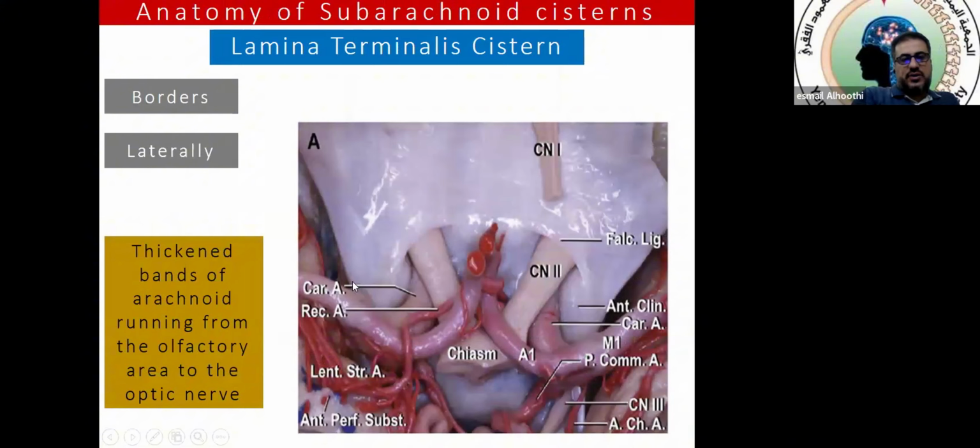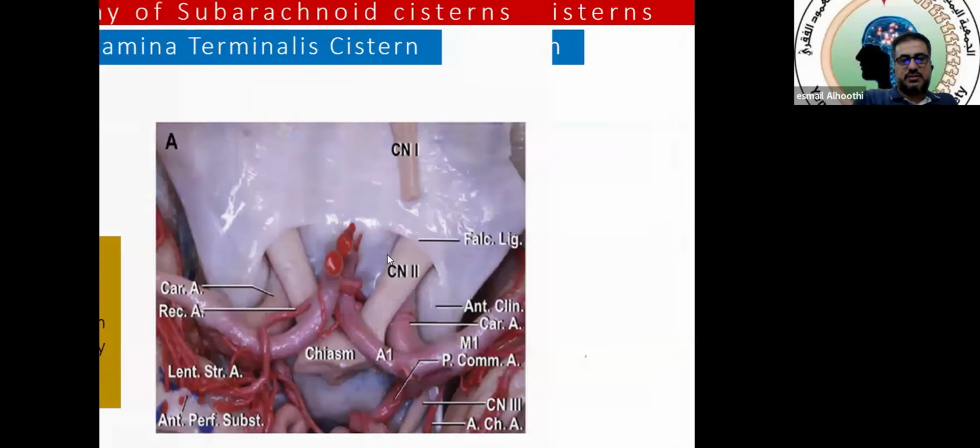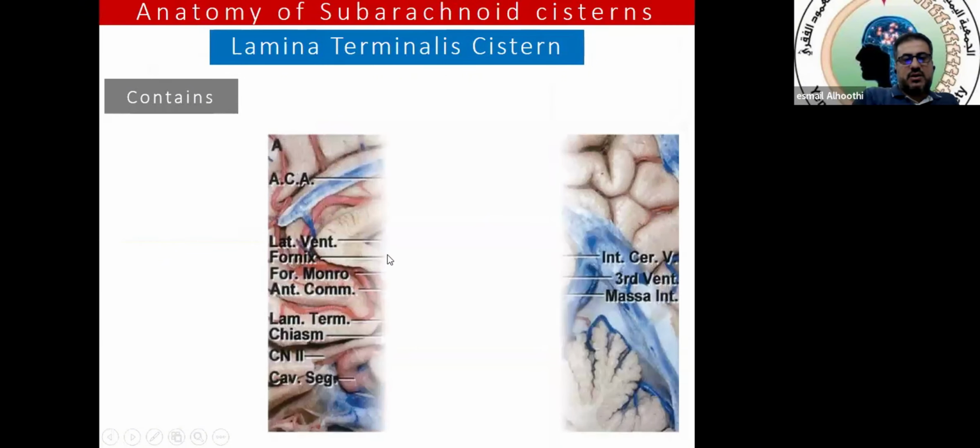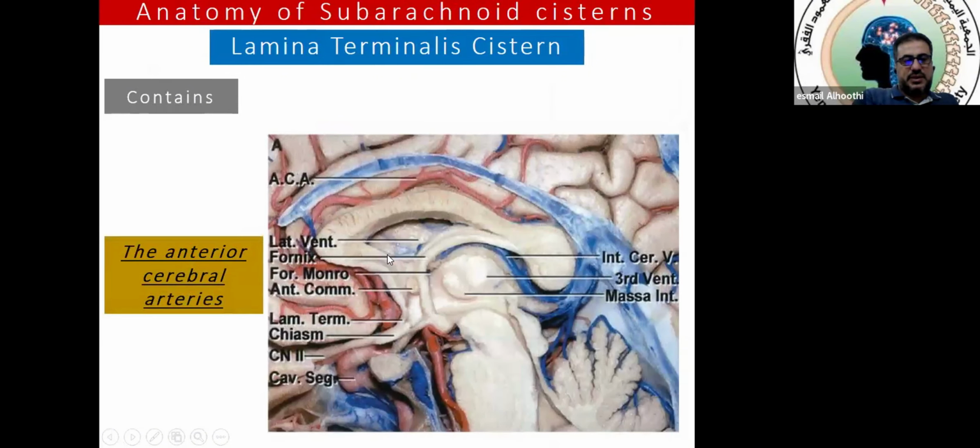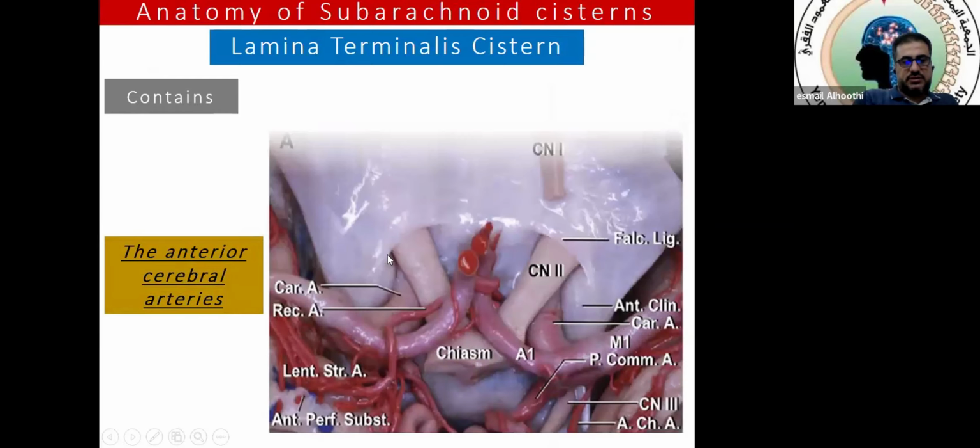The lateral border of the lamina terminalis cistern is the thickened band of arachnoid running from the olfactory area to the optic nerve. Here, between the olfactory and the optic nerve, there is a thickened band that makes the lateral border of the lamina terminalis cistern. The contents of the lamina terminalis cistern are the anterior cerebral arteries